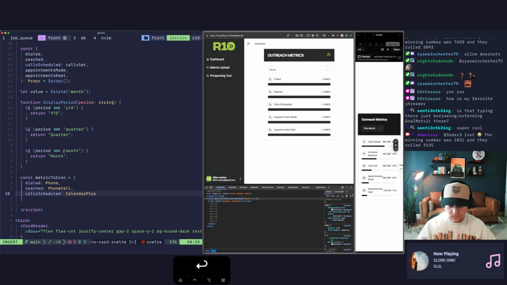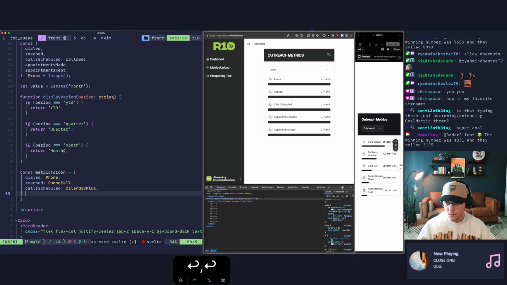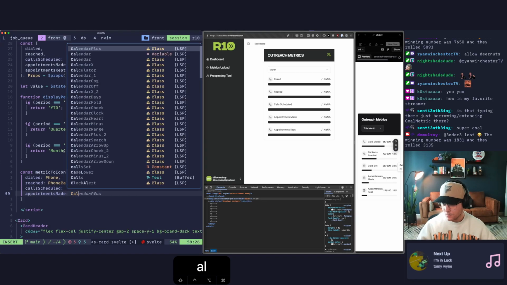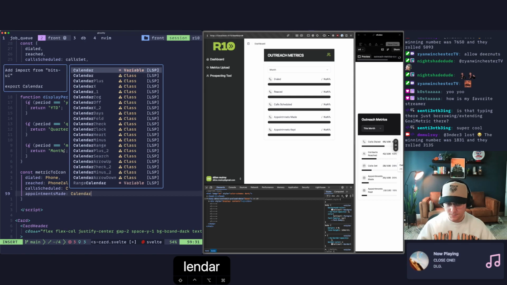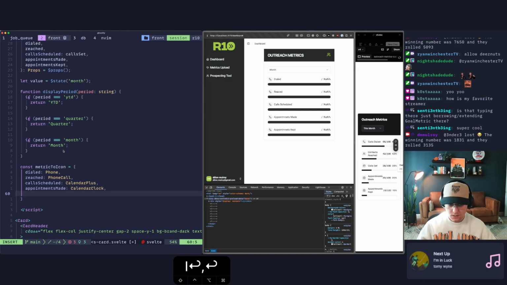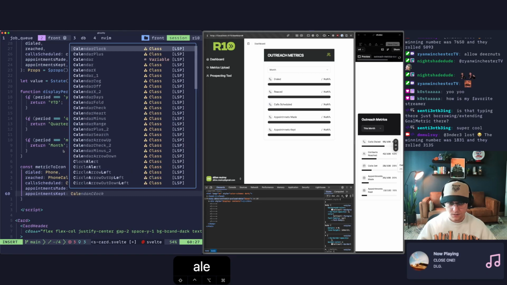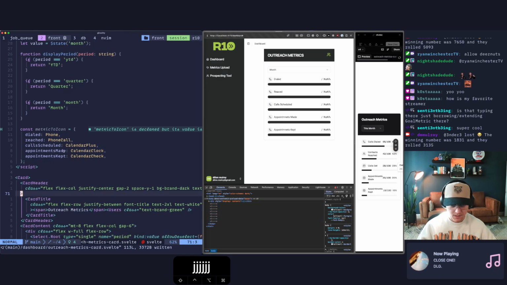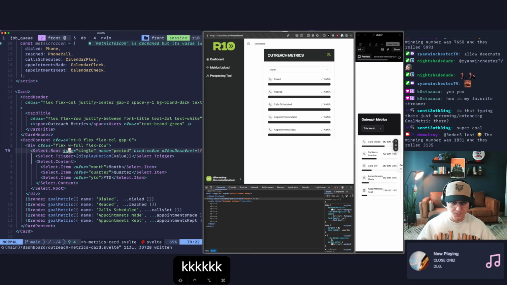And then we'll have appointments made, and we'll do calendar clock, and appointments kept will be the calendar check. Yeah, that one. And we'll import all of these. Come on, language server, I believe. All right, so now we have that map, and we should be able to